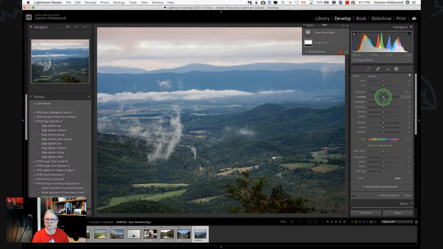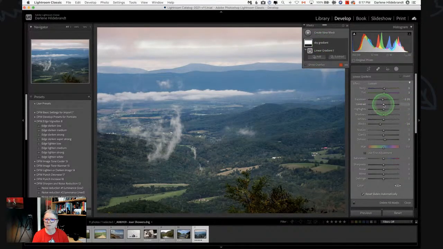So I can do any of these things in here. I can add contrast. You can see what that's doing. Oops, I have to actually select it. That works better. So I can add contrast. Actually, that does a nice job as well. I can add shadows. Now shadows, if I go to the right, removes the shadows, but to the left, have you ever gone to the left with your shadows? You can actually increase the contrast that way as well. So I'm just going to play with these sliders and dance around a little bit,